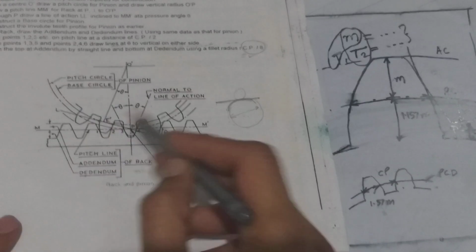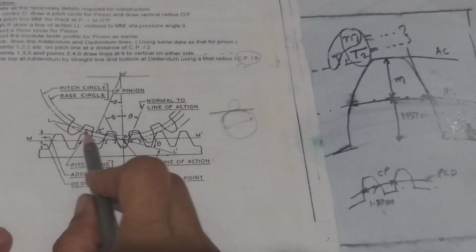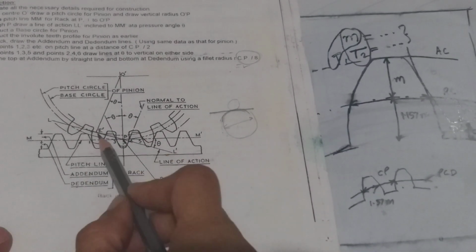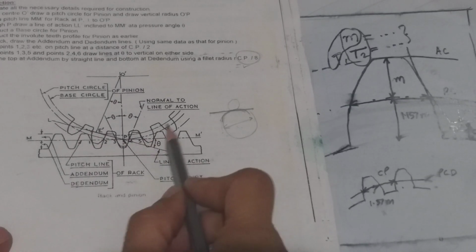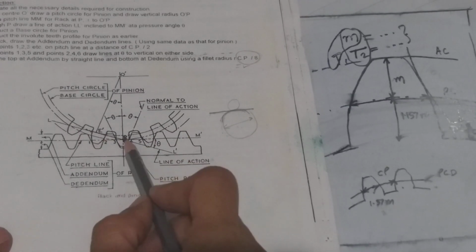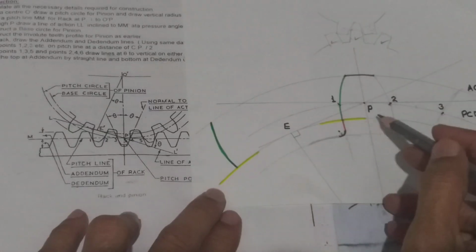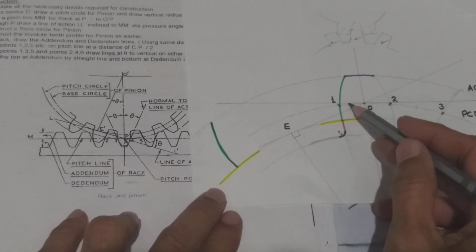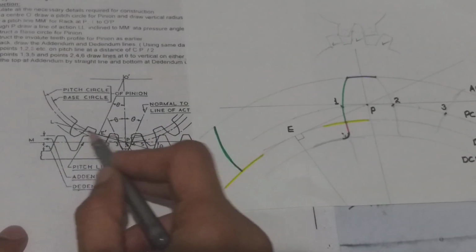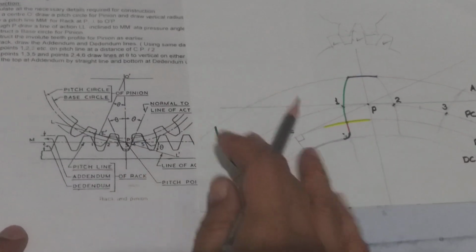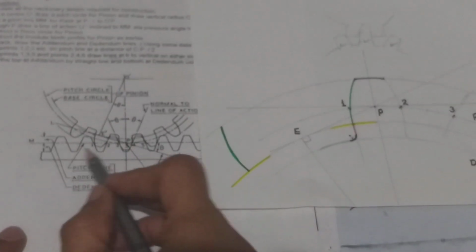Now this is very, very simple. What we do is, this gear or the pinion, the teeth of the pinion, you can see these are the teeth of the pinion. Now these teeth of the pinion are drawn by the same procedure that is explained here. So whatever is explained here, by this procedure we are drawing the teeth of the pinion. Now the teeth of the rack.